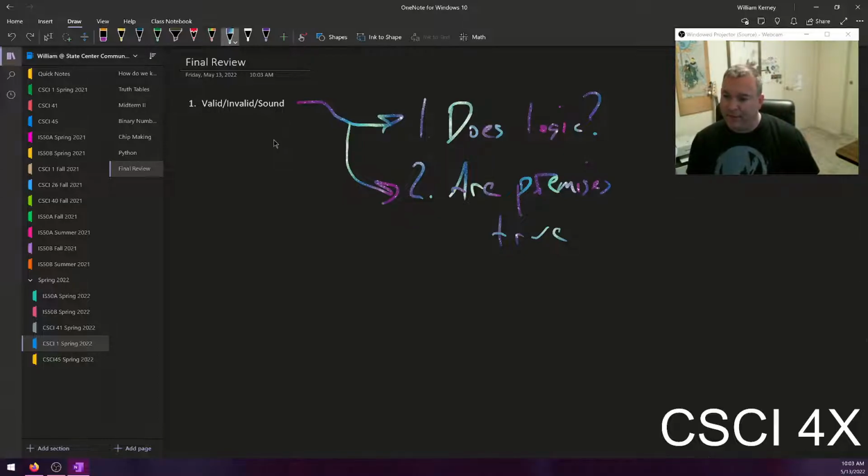The first thing you have to do is look at if the logic works, because if the logic doesn't work, it's invalid and you stop. That's it. If the logic does not work, you stop. It's invalid. Done. It's only after you know the logic works that you check to see if the premises are true. And so, for example, I could say something like this: